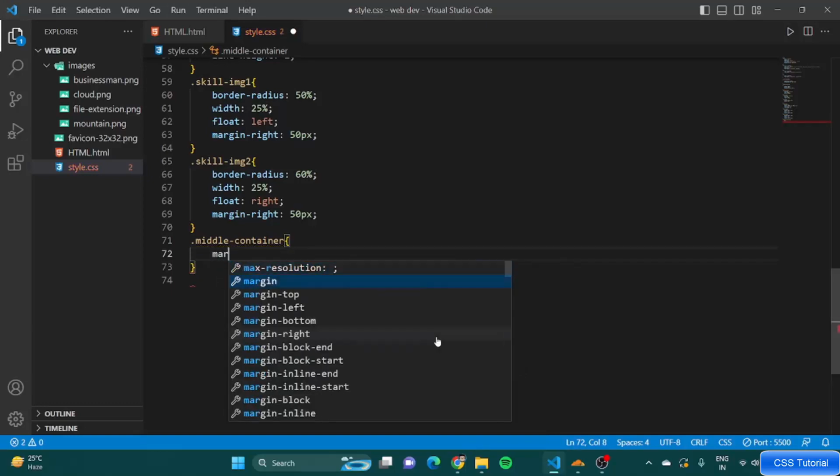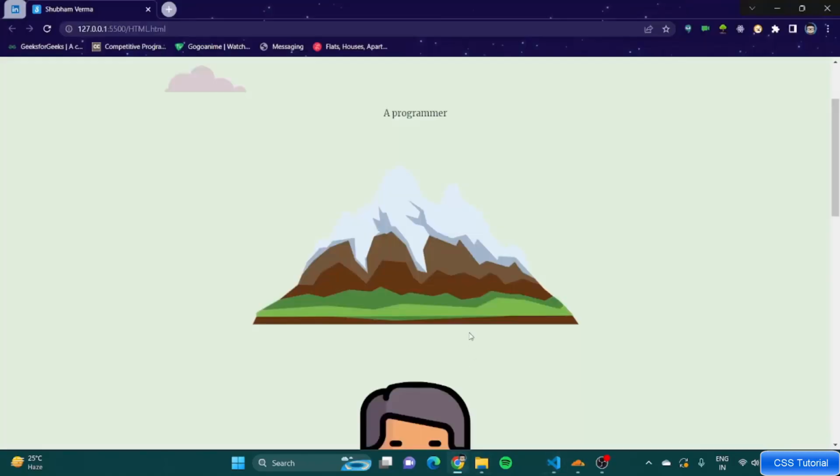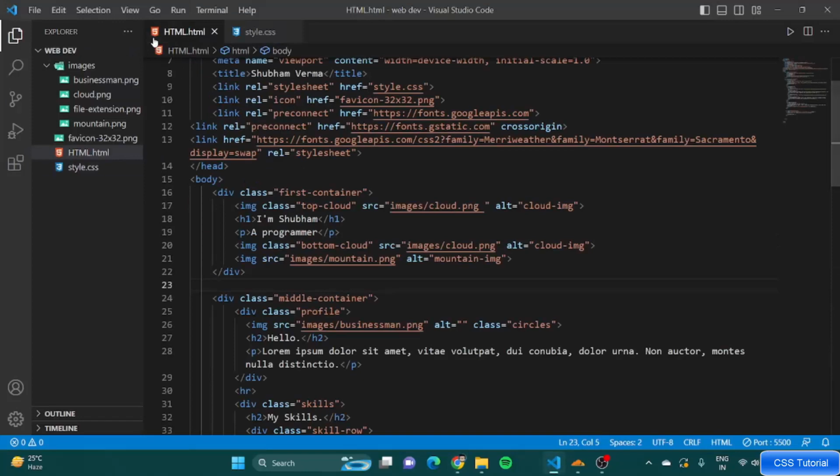We'll go for margin. We want top margin to be 100 pixel. We don't want any left margin, so it would be auto. Bottom margin would be 100 pixel and then again auto. Great. Now if we go back, looks nice, right? Now one more thing I want is